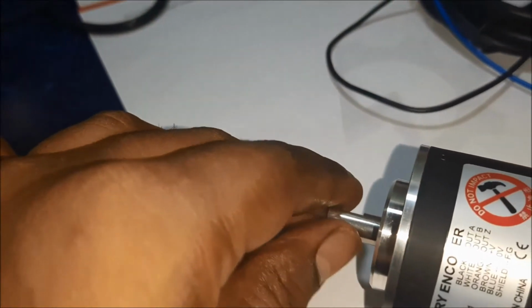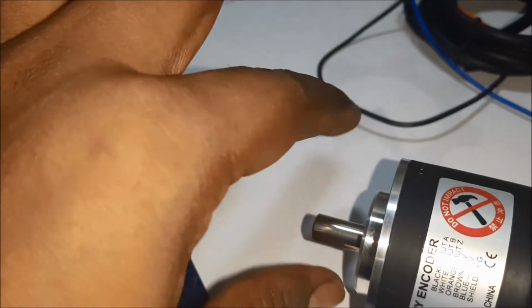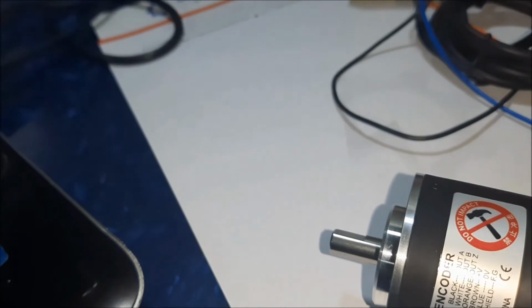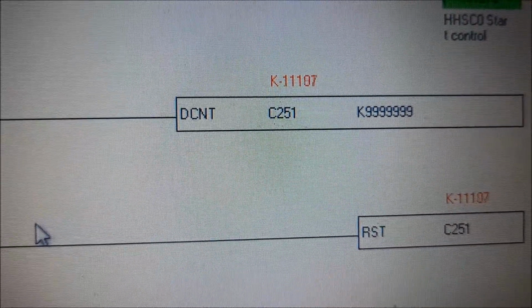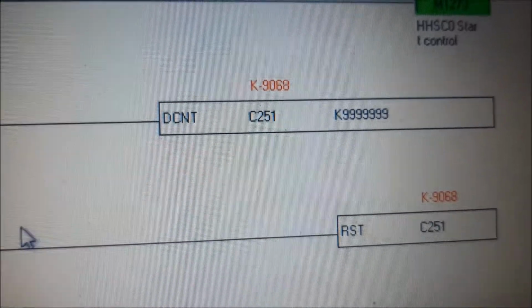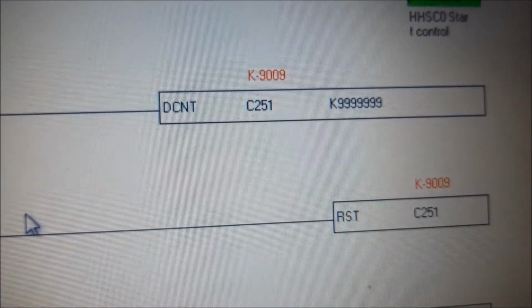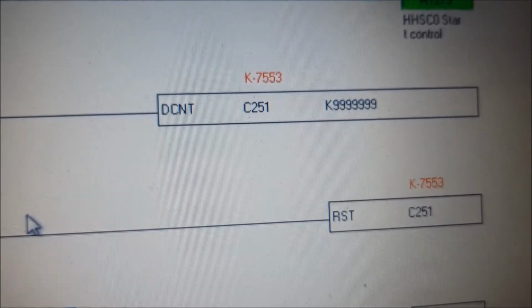Now anti-clockwise I am rotating, anti-clockwise. Okay, now see what is happening in the counter. See, positive value is coming, which means we already have the negative. Don't be confused here. We are going toward positive because minus is there, and we will reach 0.